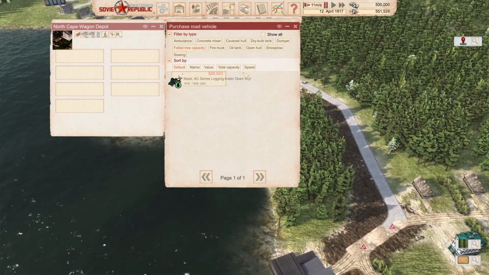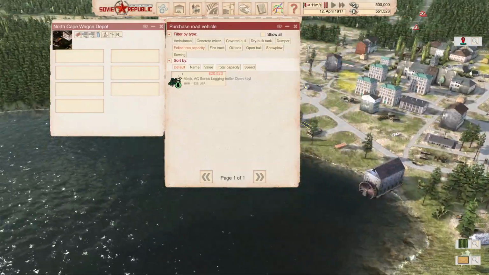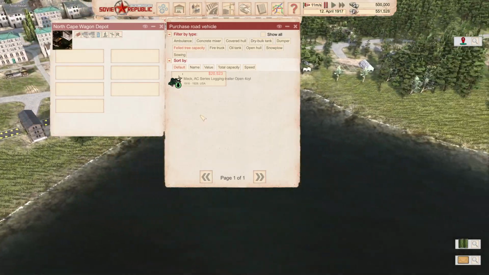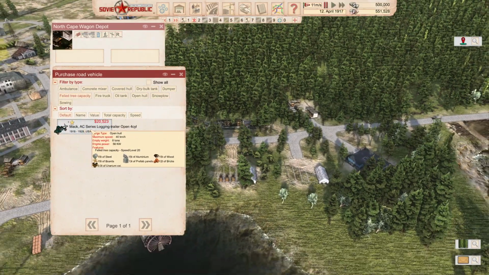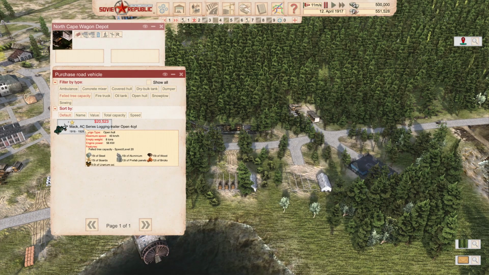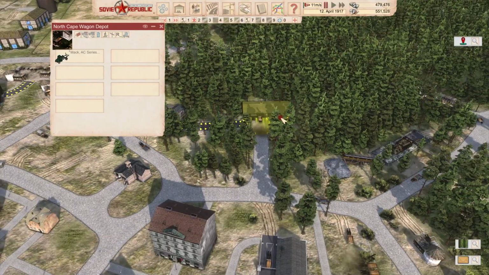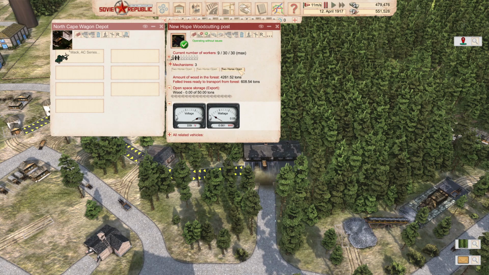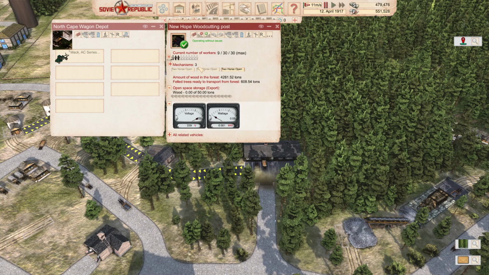The other thing also is that I don't want to go all out on covered holes and all that, because I can't see the benefit, because they can't get past all these blooming wagons. So rather than buy general vehicles, I'm going to buy specialized vehicles like this Mack truck logging truck. We're going to buy one of those just for a test, just to talk through the process. And what we're going to do is come here and see if we can find one of these that isn't loaded up with